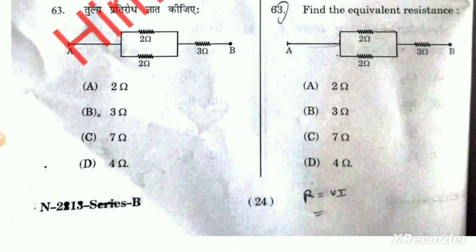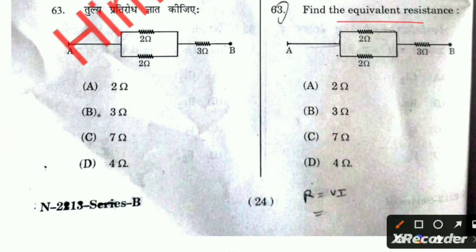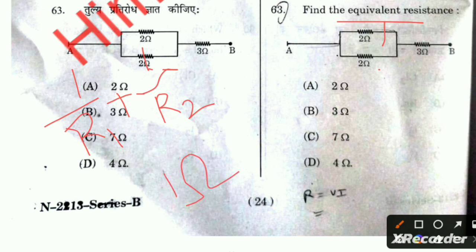Find the equivalent resistance. Equivalent means resultant. So the equivalent resistance of this question. These are two resistors which are connected in parallel. 2 ohm and 2 ohm are the resistors connected in parallel. You know the formula when two resistors are connected in parallel: 1 upon R equals 1 upon R1 plus 1 upon R2. It means 1 upon 2 plus 1 upon 2 which is equal to 2 upon 2. It means 1 ohm. When you combine these two resistors, your answer is 1 ohm, but there is a third